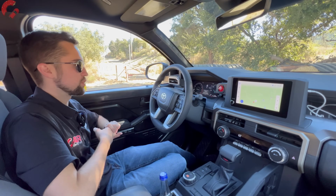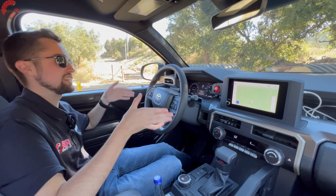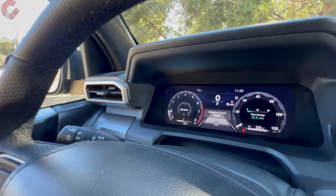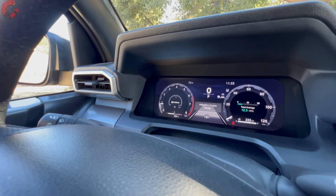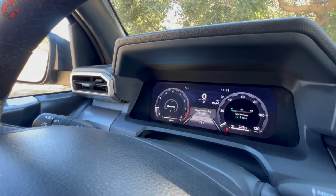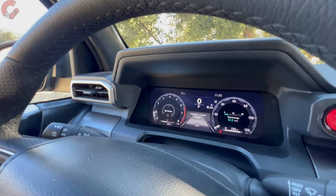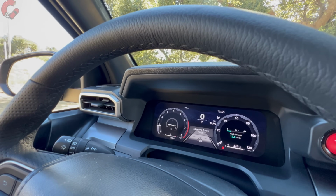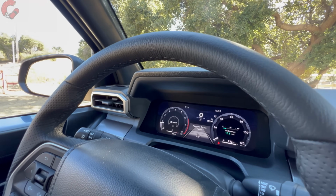Now that we've fired up the truck, one of the first things I want to highlight are the gauges. You'll notice that we have the premium full digital gauge cluster actually here on the TRD PreRunner. This is the first trim level where it becomes standard equipment, and I really like these gauges. They have cool graphics. You can reconfigure them a lot of different ways, and overall just very premium